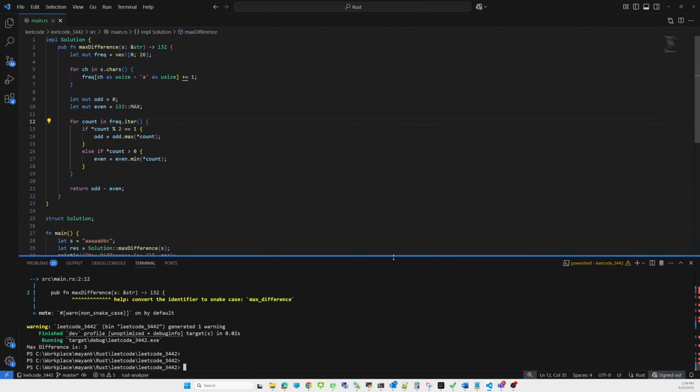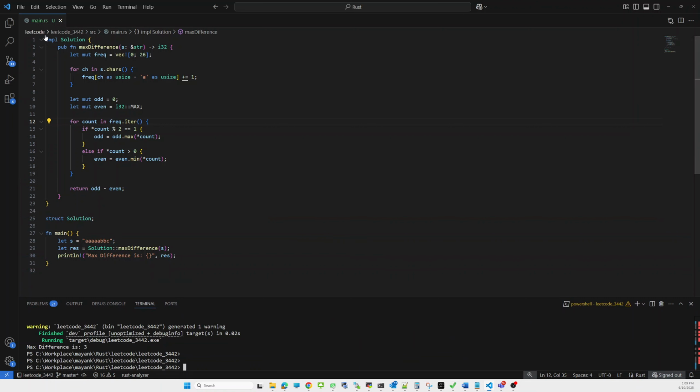Now we'll look into the basics of how we create a class. In Rust there are no classes, so to achieve the class concept we use a structure, and for that structure we give an implementation. So here I am creating a structure, Solution, let's say. In the implementation of Solution I am giving one public method. To define it as public we use pub, and for defining a function we use fn.